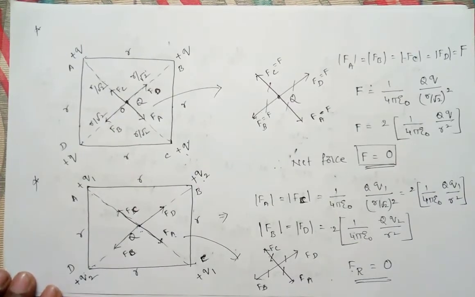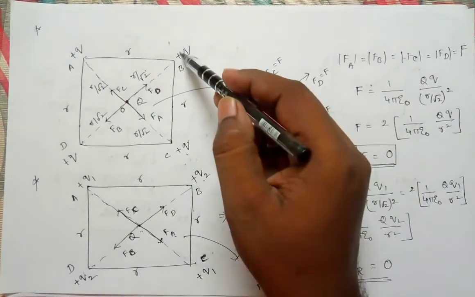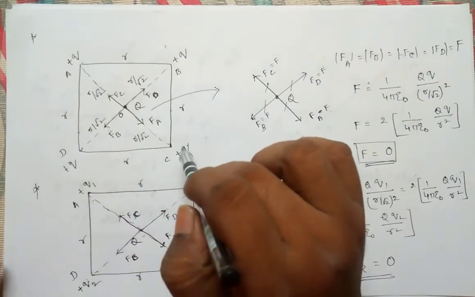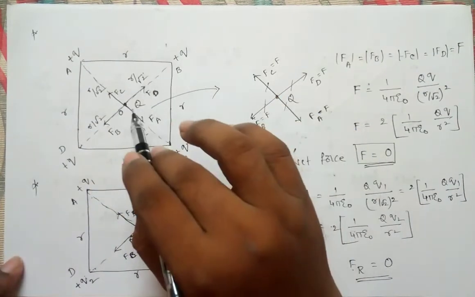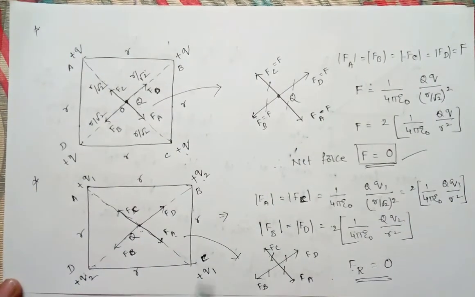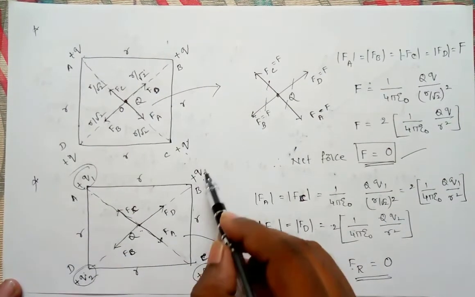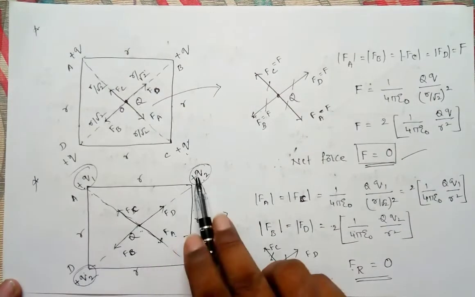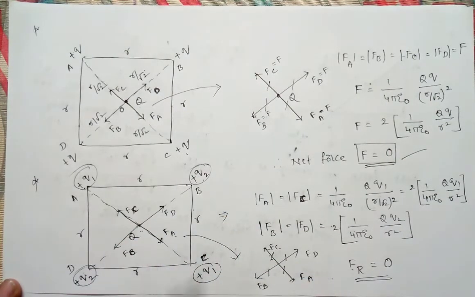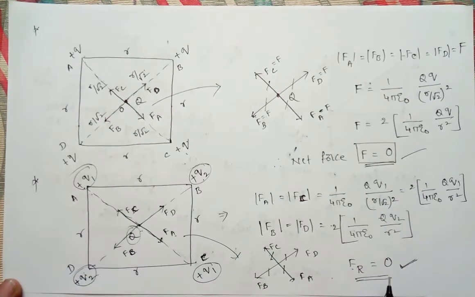So the resultant force is 0. In the numericals, you have to understand two cases. If all the charges located at the corners are the same, then whatever the charge at the center, the resultant is 0. In another case, if the diagonal charges are equal, then whatever charge you locate at the center, the resultant will be 0. These are the results; you should keep them in mind.